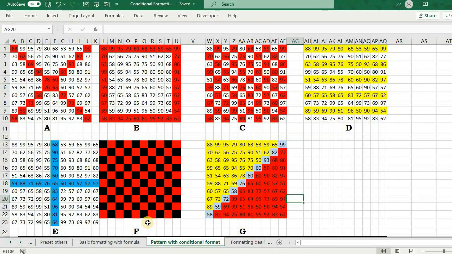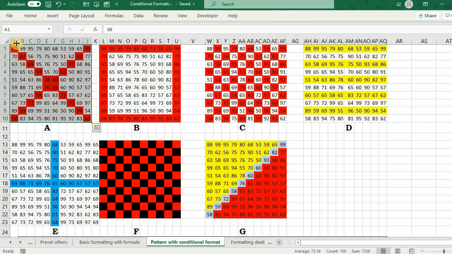Now the interesting thing about conditional formatting is that you can create beautiful patterns as visible on the screen, and I will show you a few of them and leave it to you to explore. By the way, I would provide the formula to create all the patterns visible here, no worries. So let me start with this one. I want to highlight all the data which is present at the diagonals. Okay, fine. So how can we do that? We can very easily do that.